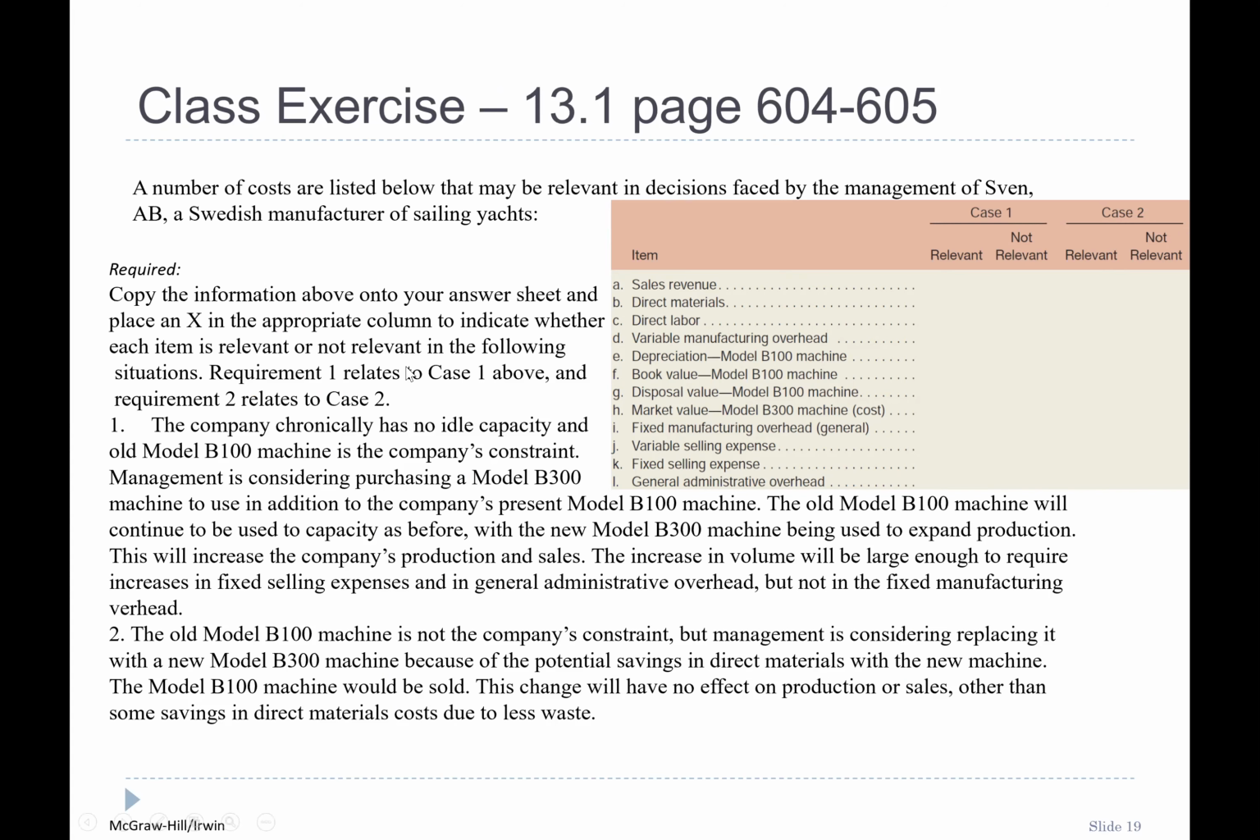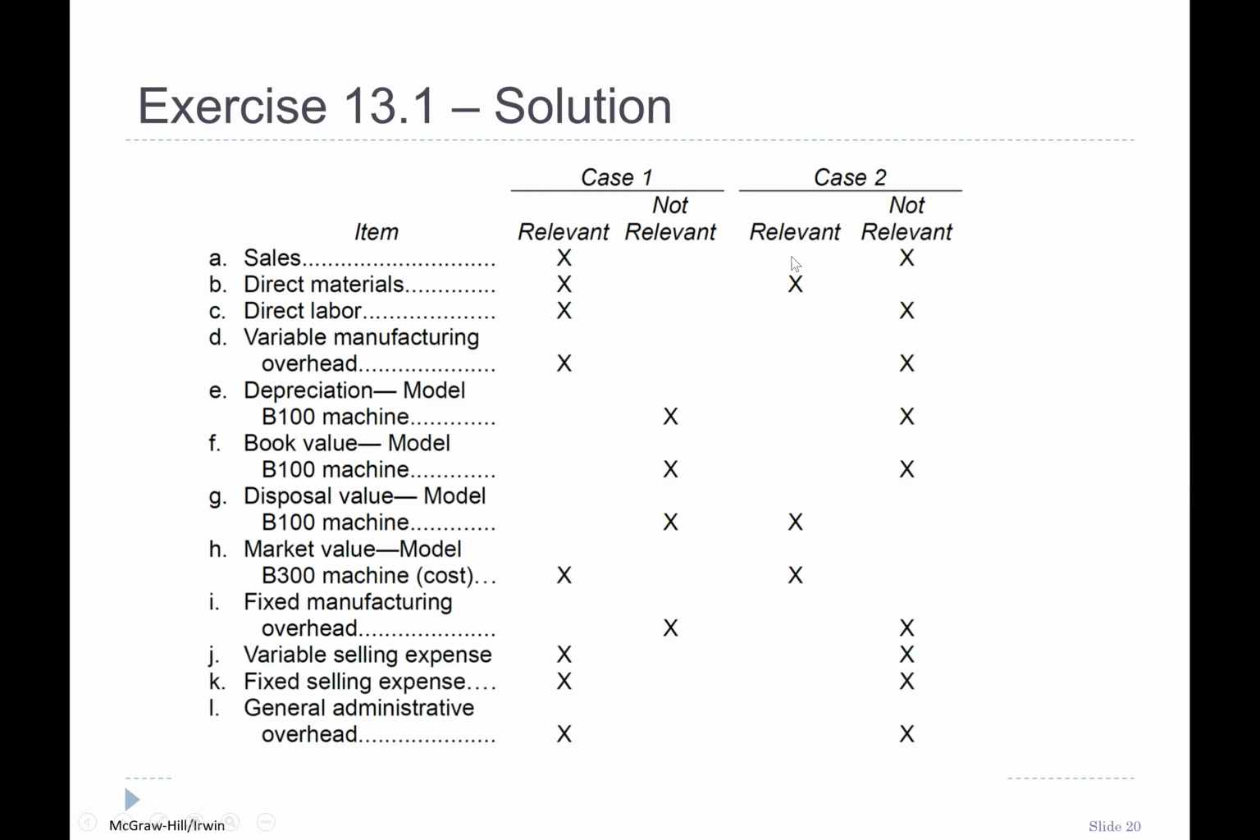Here we go. No sale is going to be increased. See, not relevant. Sale is going to be same in both scenarios, relevant or irrelevant. So not relevant. Direct material saving is yes. Okay, yes. Direct labor, no. Everything is irrelevant. And because you are replacing